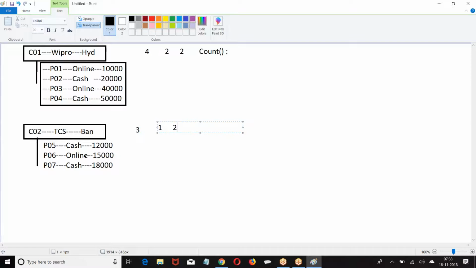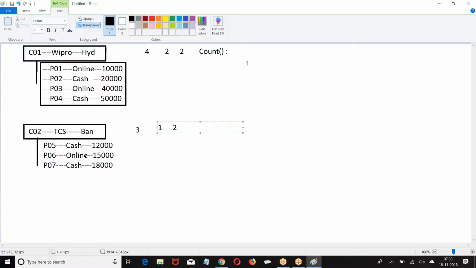As per your requirement, you can specify whether all the child records have to participate or only some of the child records have to participate.